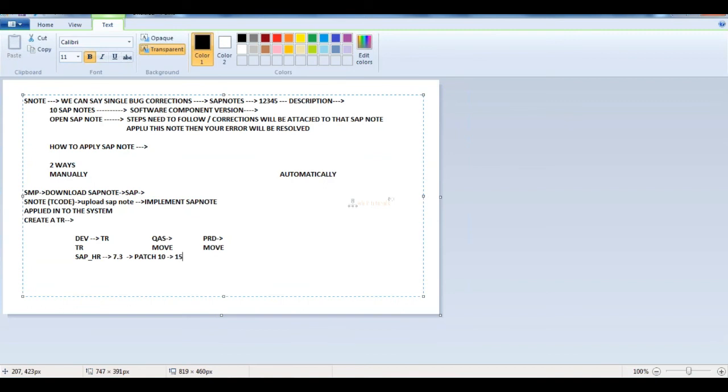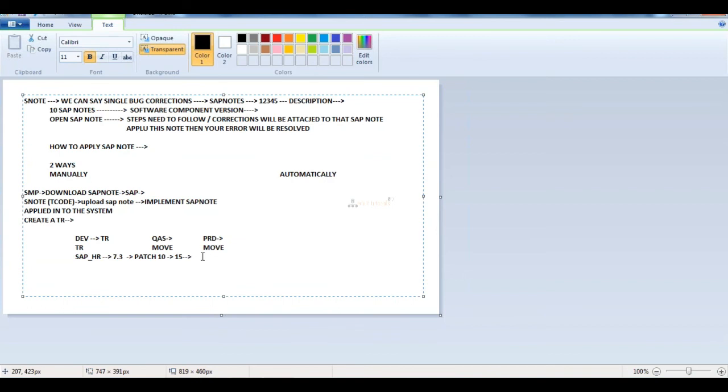Or it is asking me to apply 15. Then what do we need to do? Our current patch level is 10. We need to apply patch level 15. Then we need to download all the patches: 11, 12, 13, 14, 15.